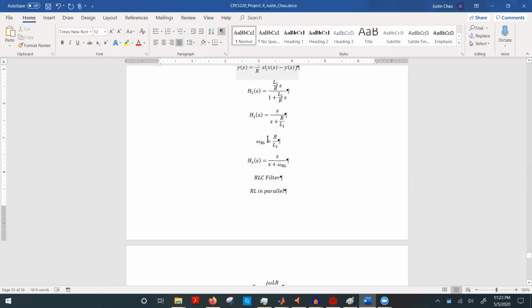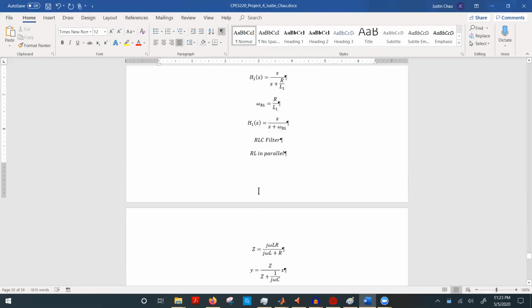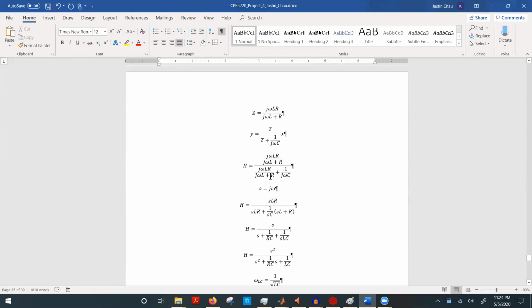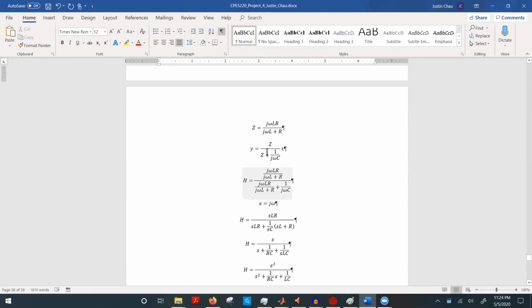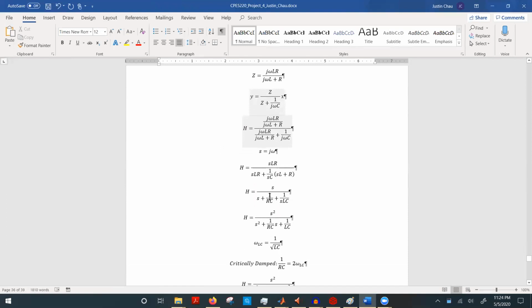This is similar to the tau constant, and then you have the RLC component, which is in parallel, so that we can perform the mathematics along with this. And similar to before,